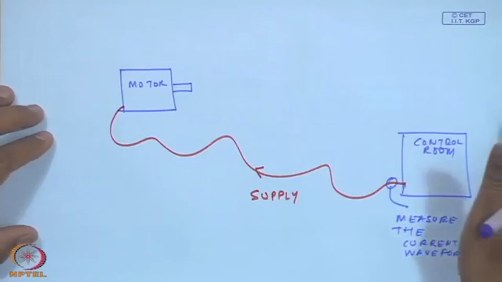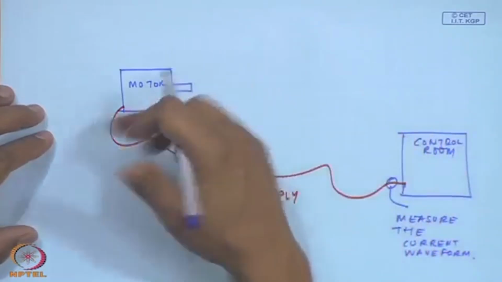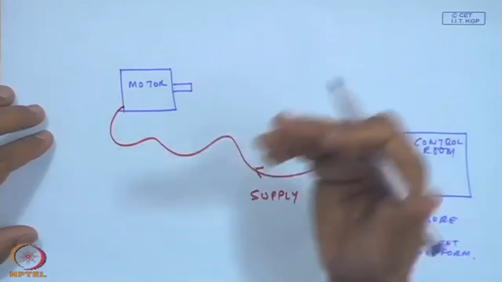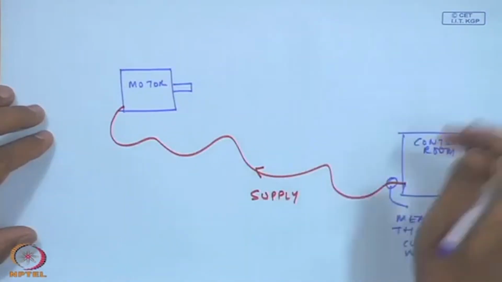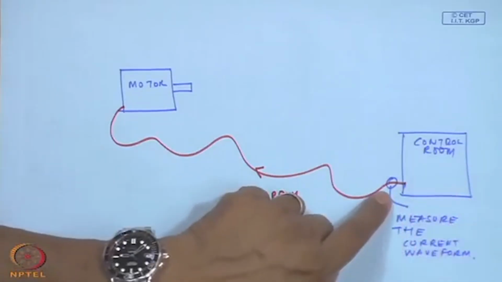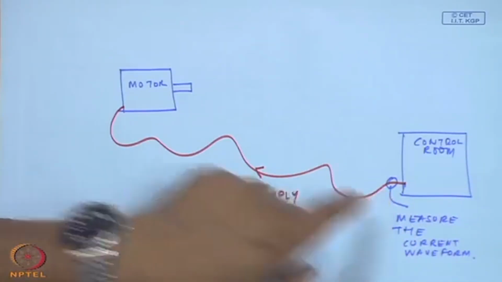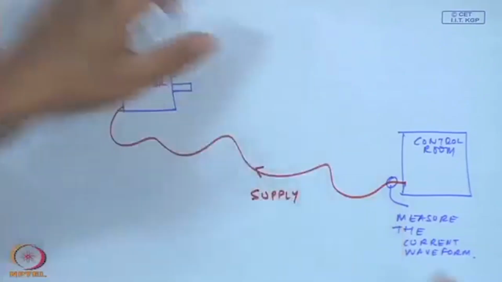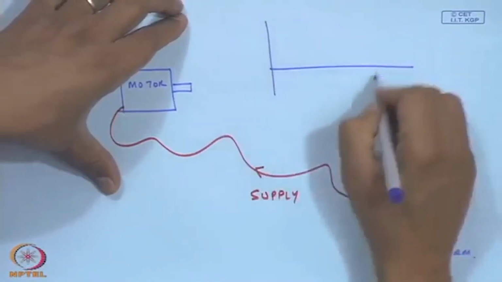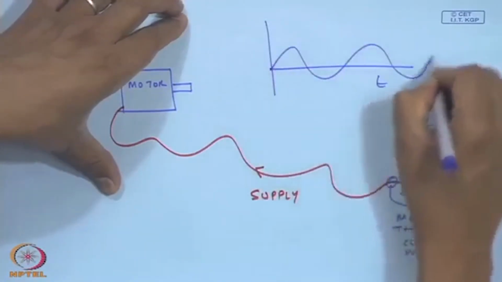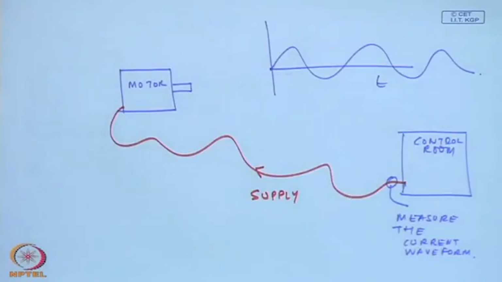Remotely, motor is elsewhere, motor is underground, motor is over the ground, motor is miles away from you. But as soon as you have access to the supply lead going to the motor, you just measure the current waveform, you will record the current waveform and then do your signal processing to find out the condition of the motor. And this is why motor current signature analysis has become very powerful, and